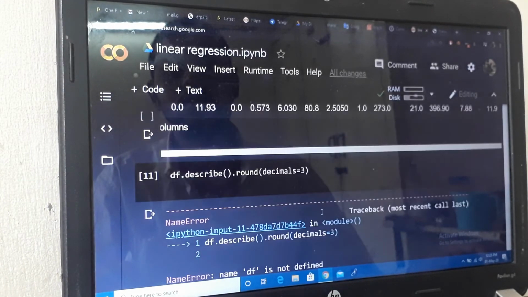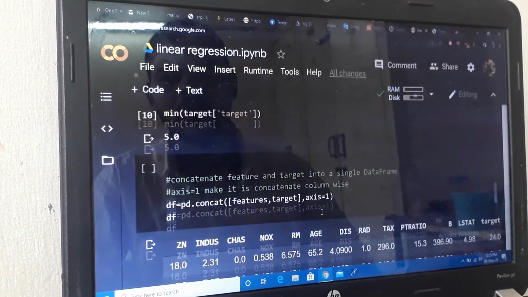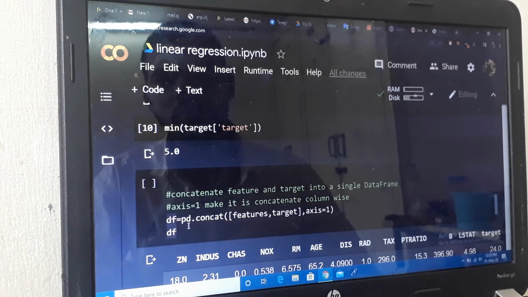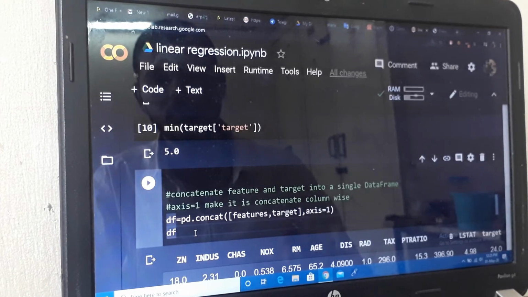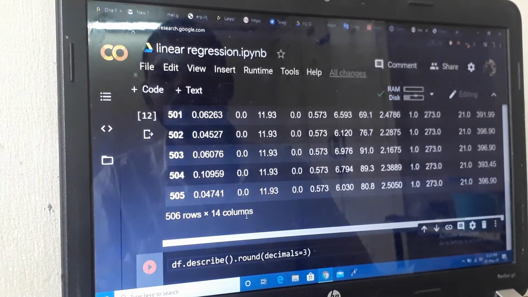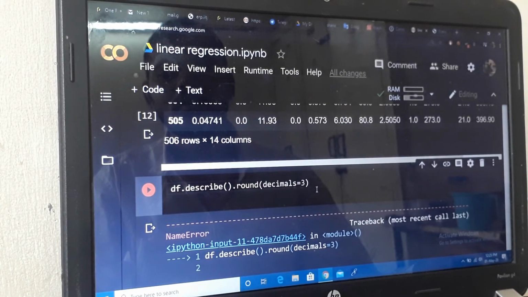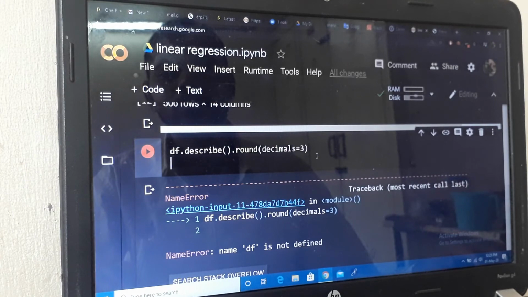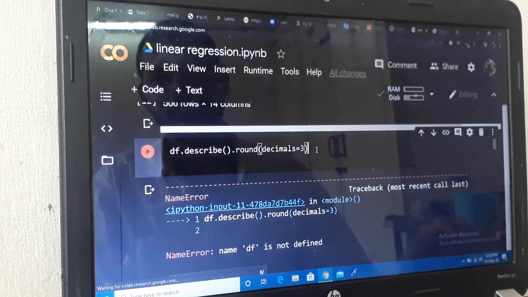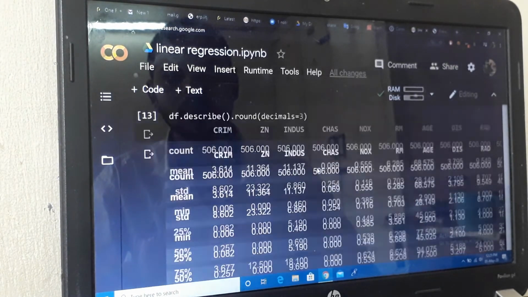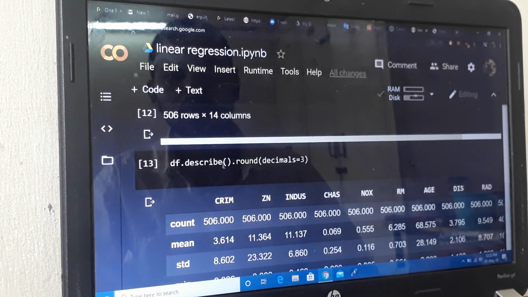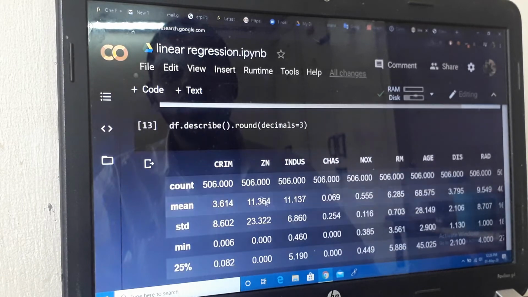DF is not defined. So first we define the DF. DF is also defined, but I have not run it. So first we execute this statement. After that we run that. Okay. All our values are showing